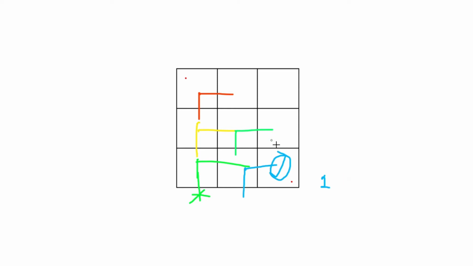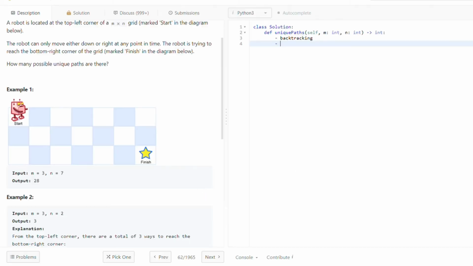Your counter will show you the total unique paths. That is one of the approaches you can take, and that is known as backtracking. I won't be using that approach here. The reason being, it has a very high complexity, but the modified, or better, version for that you can use is called